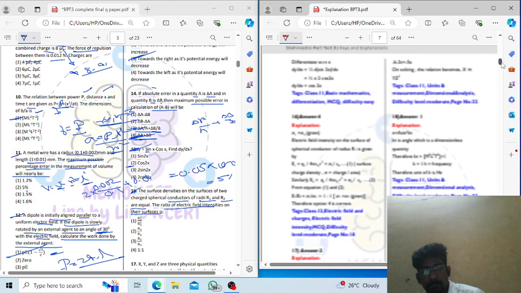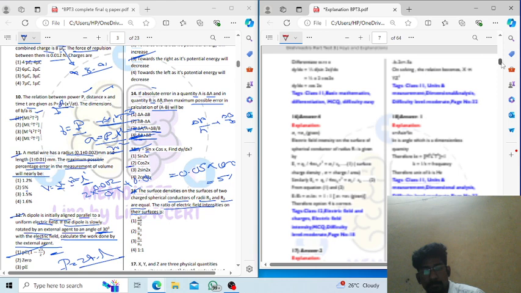Okay, three quantities are there: x, y, z. x is given by this, and z is this. So what you have to do for this case is just replace the units with the dimensions. M is the dimension of mass, so the dimension would be capital M. Capital L, so it will become L square. Second is S to the power, T to the power. So if you take all of this into account, then solve this using the dimensional homogeneity theorem,